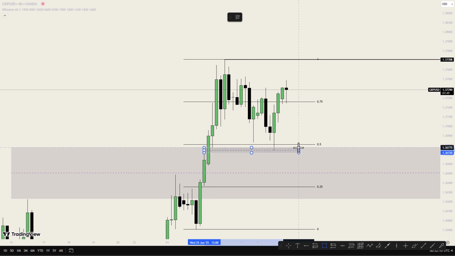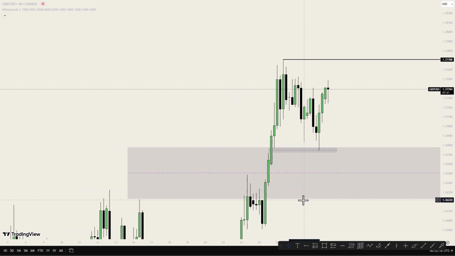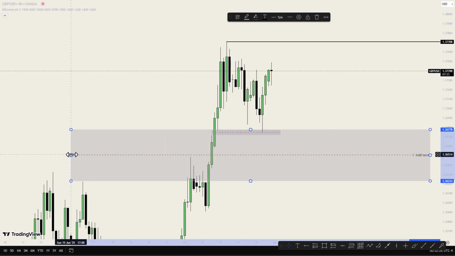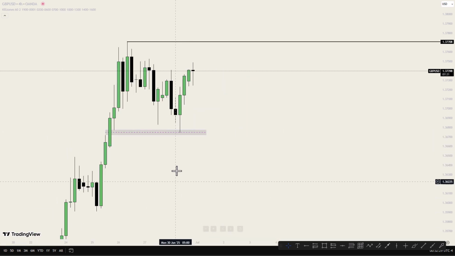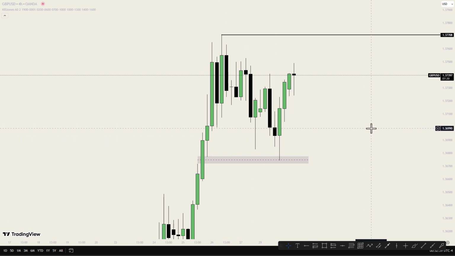Normally, I trade this particular model and it's currently playing out on GU. We see we have this fair value gap inside the likelihood of having a fair value gap on the weekly, but I will remove this one, which is the likelihood of fair value gap on the weekly. We see here that we have this fair value gap and price entered into it. That is an internal range liquidity. What are we expecting? We're expecting an external range liquidity.